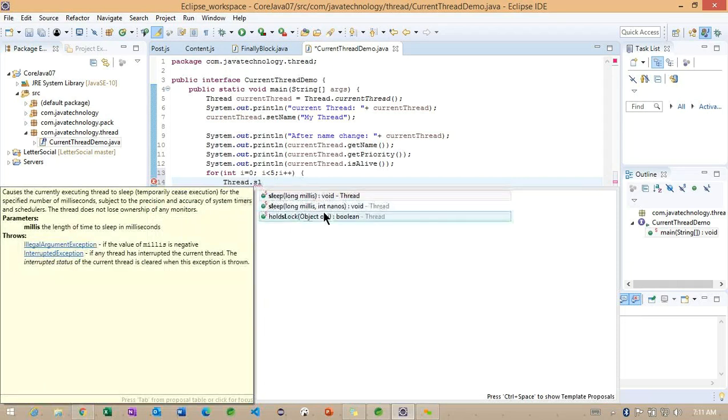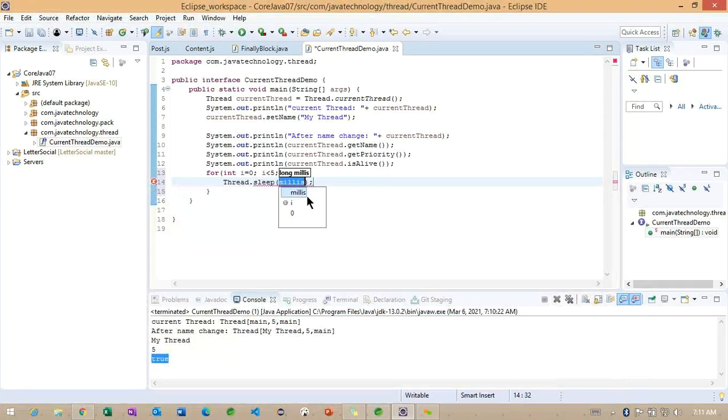If you observe carefully, sleep is an overloaded method. How do we identify it is an overloaded method? The name of the method is the same and the parameters are different. The first one takes milliseconds, and the second one, along with the milliseconds, takes some nanoseconds. We will focus on the milliseconds example here.